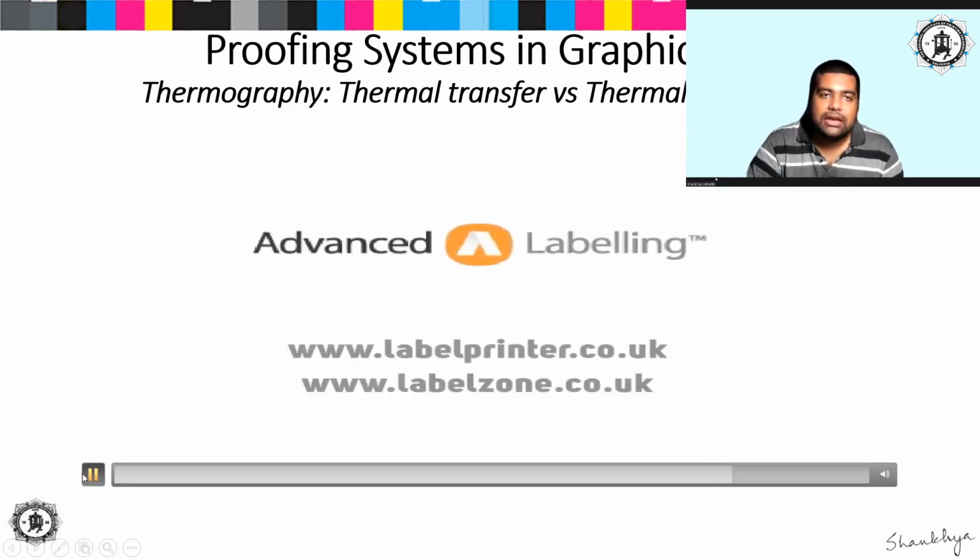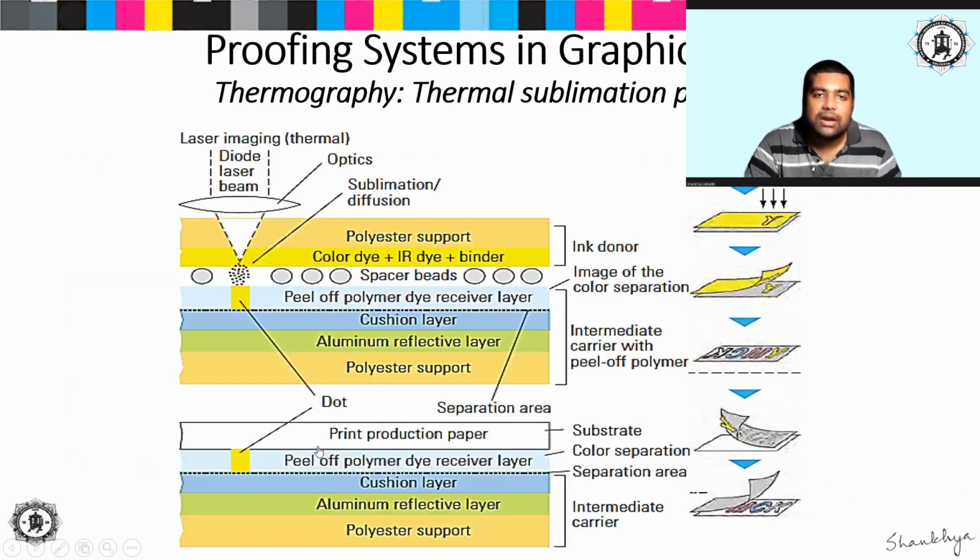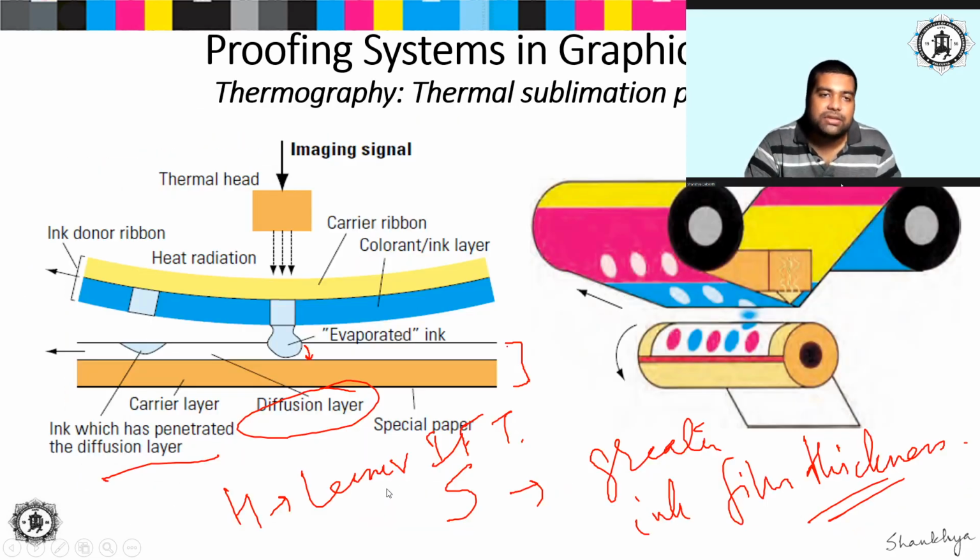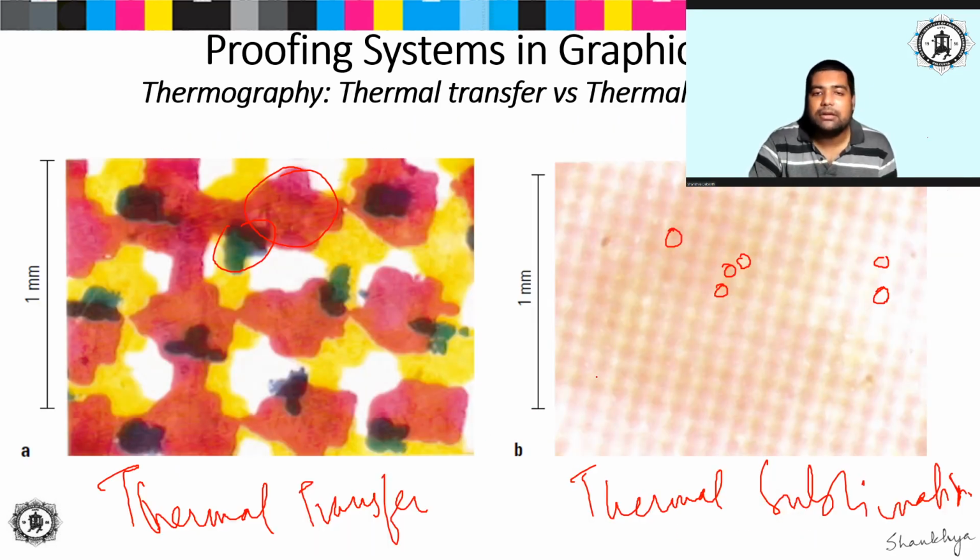And thermal sublimation is not actually shown over here, but hopefully you understood the thermal sublimation process, that it is somewhat similar to thermal transfer. The only difference is that due to the presence of the sublimation layer on the special coated paper, that allows control over how much ink will be absorbed onto the paper. If a greater amount of ink is evaporated and transferred, then the diffusion layer will accelerate the process and ensure a greater amount of ink is absorbed into the paper, leading to these shadow areas.